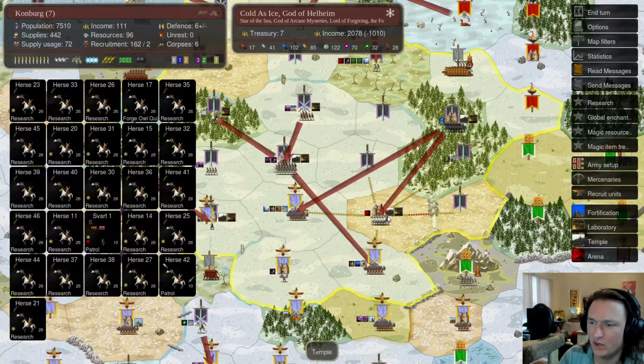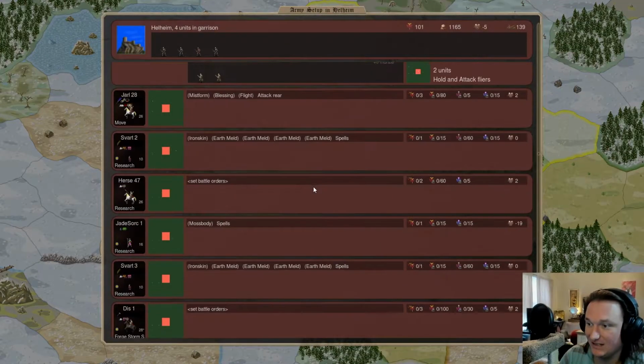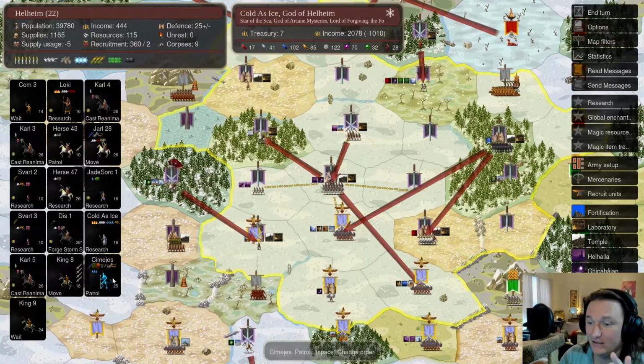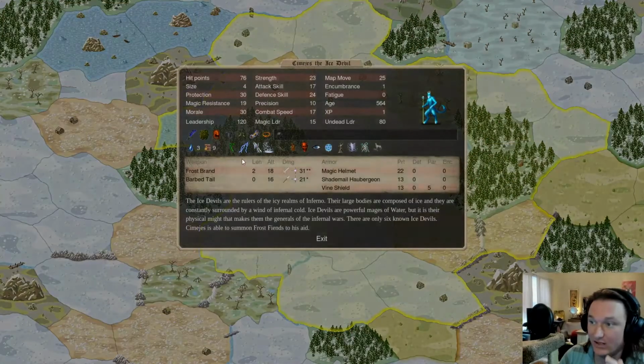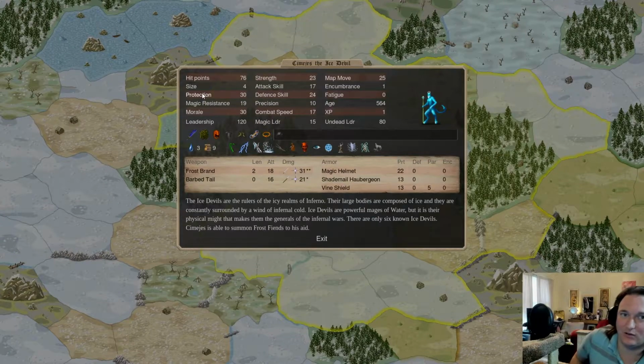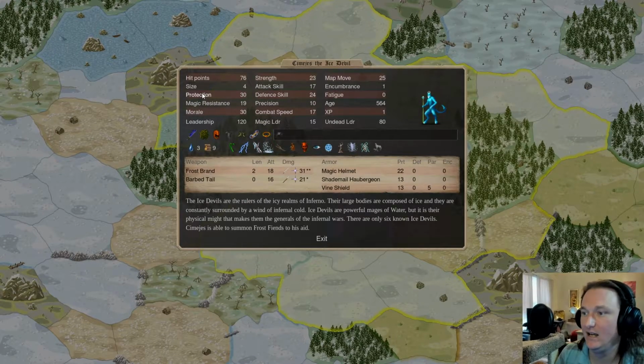So we're moving into Kohnberg with a large force. We're defending in Helheim with another decently sized force, as well as a force of undead from Rame. And we are putting Semejes out on patrol as well. So Semejes is going to come out, and this is another secret weapon, right? We have not unveiled Auriax or Semejes yet. And in theory,